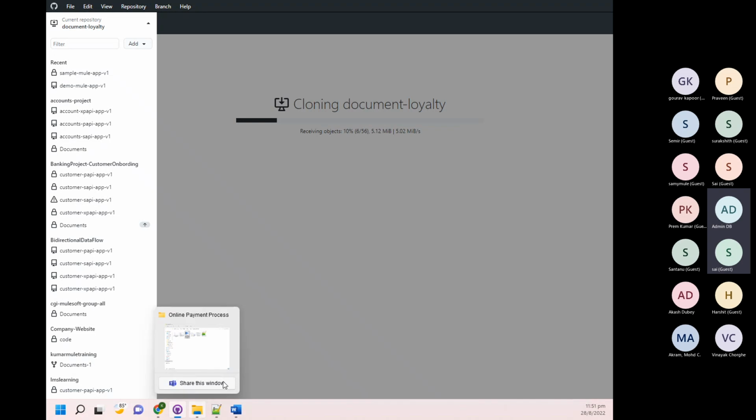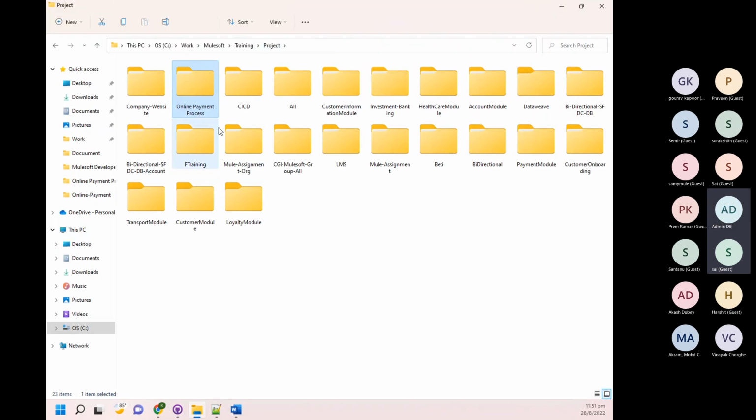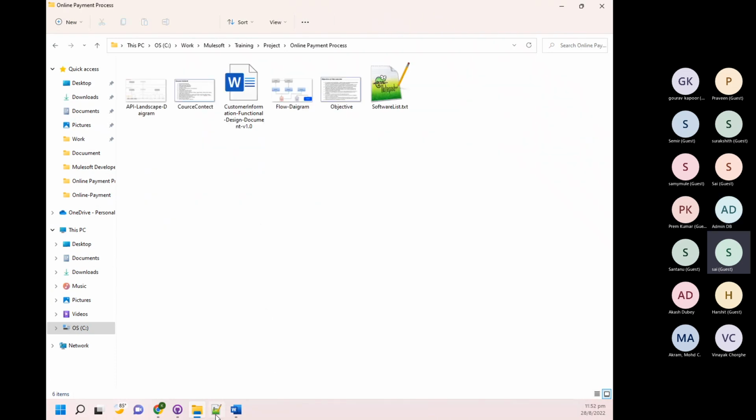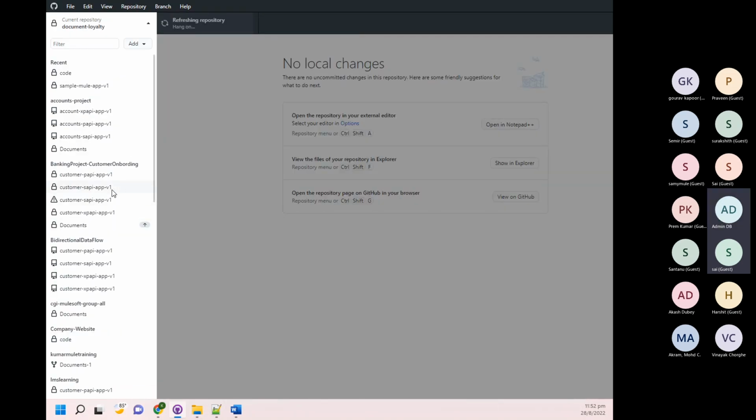Sorry, I made one mistake. I cloned it at the default location, but I don't want to clone it at the default location. Let me delete it and clone it again. Let me check the default location. Maybe not, it's not there. So I want to create everything inside this folder. It's not there. So let me delete this one and